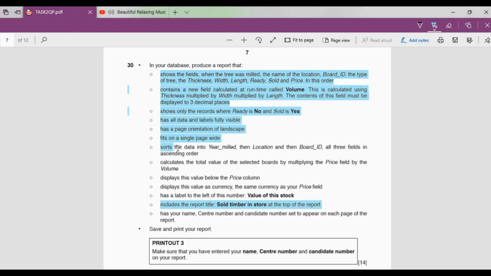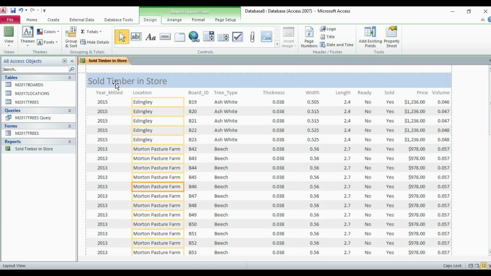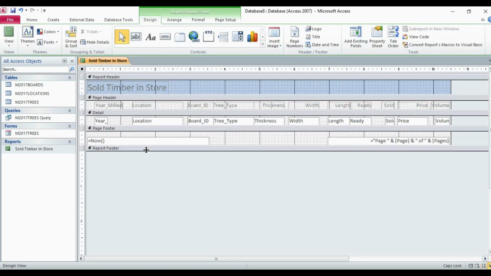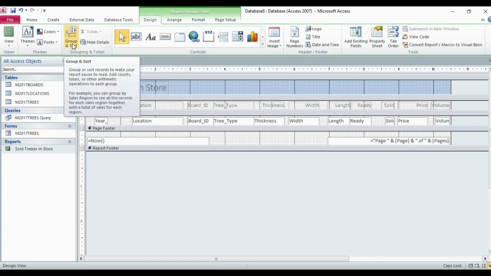Now next, sort the data by year milled, then location, and then board ID, all three fields in ascending order. I think when I checked it earlier, I missed it. So sorting is also given. Now I will tell you how to sort it. First of all, go to design view. Now in the design view, under the design tab, you have the group and sort option.